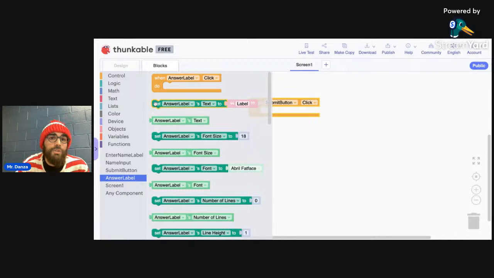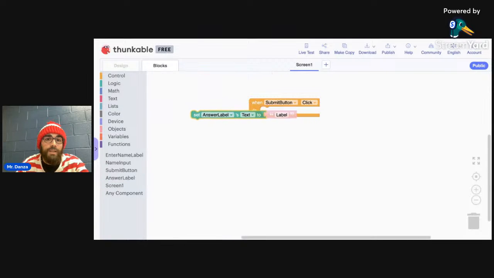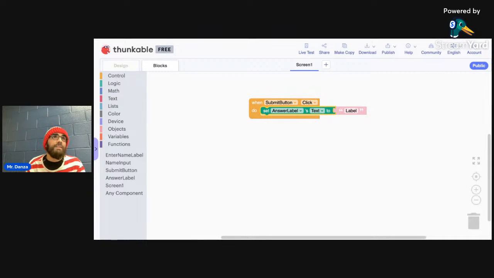And we're going to set, see it says set answer label's text. Remember, right now the text is blank, right? So I'm going to drag the second block down. It says set answer label's text. I'm going to drag it. And you see where it fits right in there? You drag it in, it turns gray, and I'm going to drop it in there. It has to be dropped inside of the block. So I'm going to set the text to